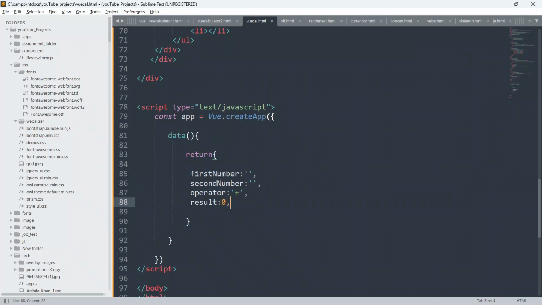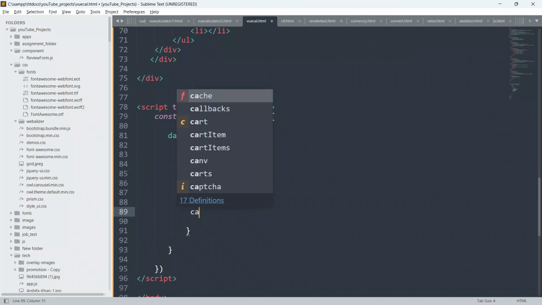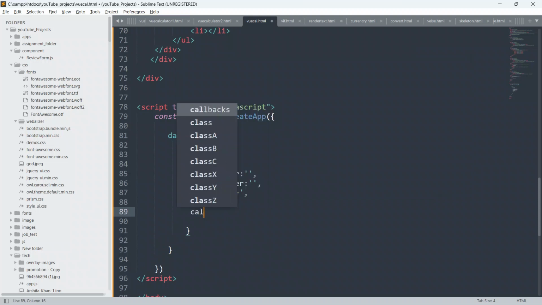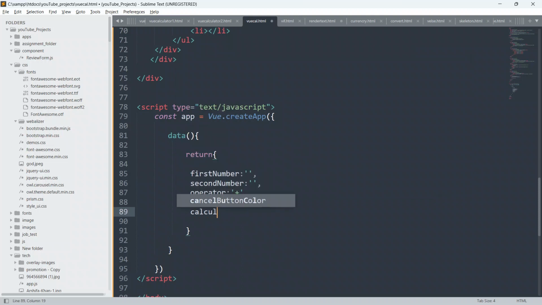Okay, so put comma here and just create another array now. So I'll say here calculationHistory. Give colon, put an empty square bracket, which is also known as an empty array.